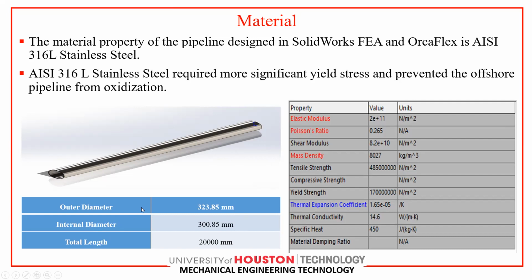The external diameter of the pipe is 323.85 millimeter. Internal diameter is 300.85 millimeter, and total length is 20,000 millimeter, which is 20 meters. The elastic modulus is 200 gigapascal. Poisson ratio is 0.265. Shear modulus is equal to 82 gigapascal. And the yield strength is 17 gigapascal. So I use this data and information from SolidWorks FEA in the